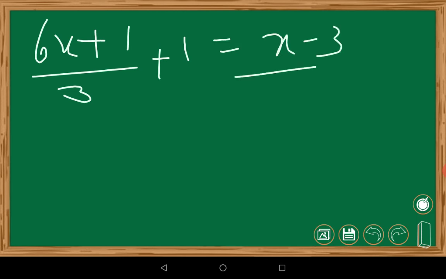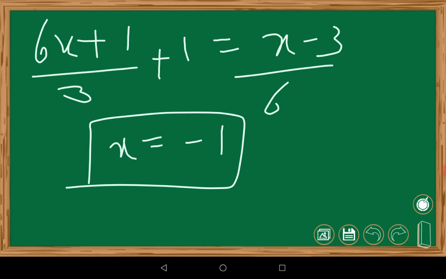So how will you do it? You have to solve all these things. Then you have to find the x. You have to do this work, okay? You have to do this work. So I found it and the answer was x is minus 1. You should do this because I was doing everything. So you have to try this once.